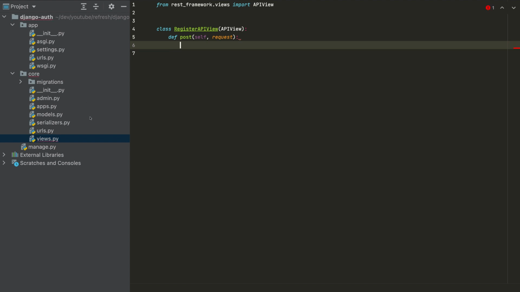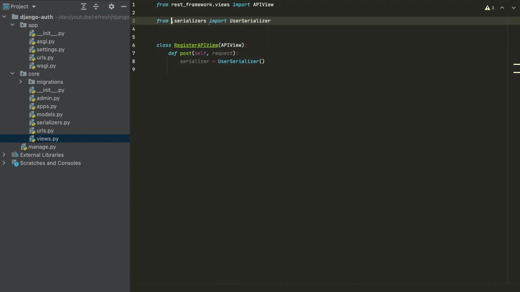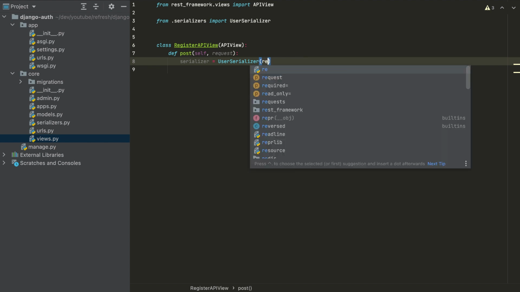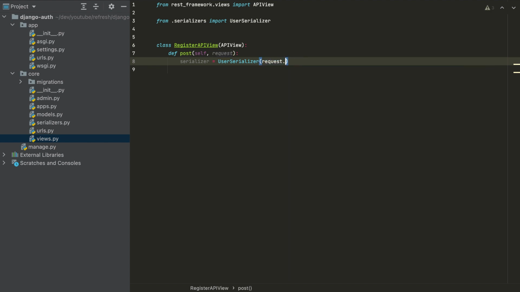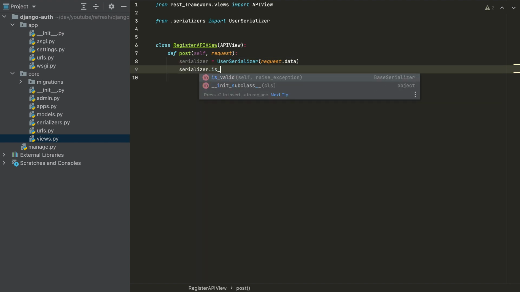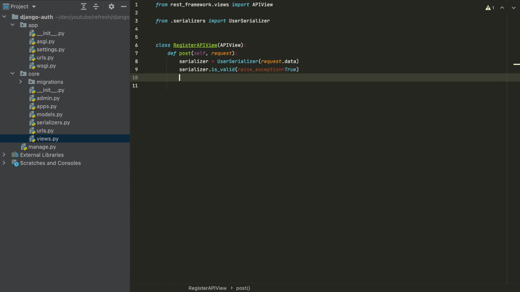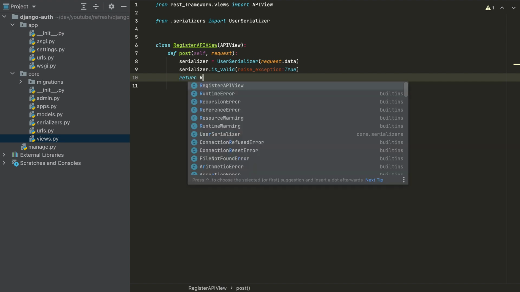So we need to use the serializers now. I'll create a serializer equal to UserSerializer. I will import it, so from serializers import UserSerializer. I'll pass there request.data, so I will pass whatever we sent in the request. Next I will check if this is valid. If it's not, we will raise an exception, set to true. And then in the end we will return a response,